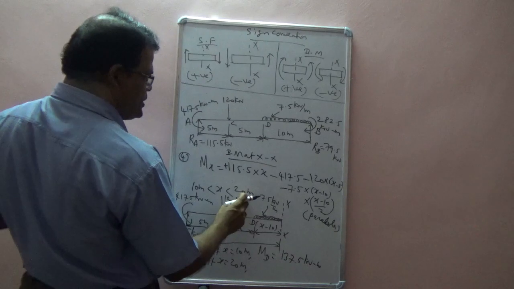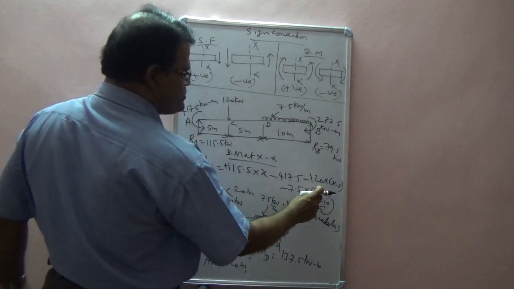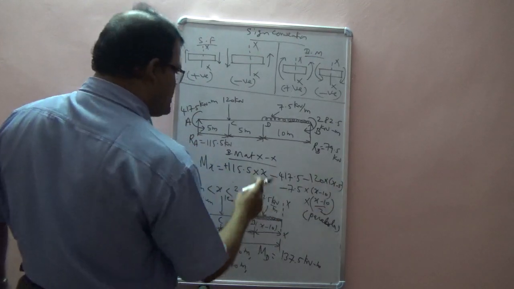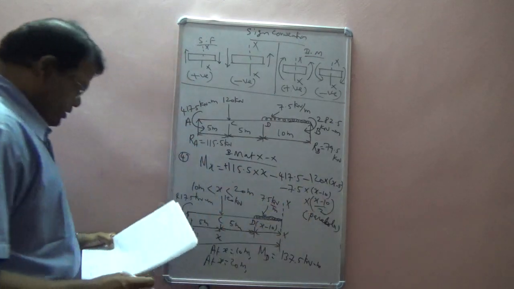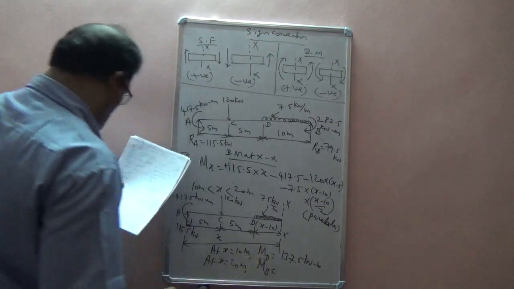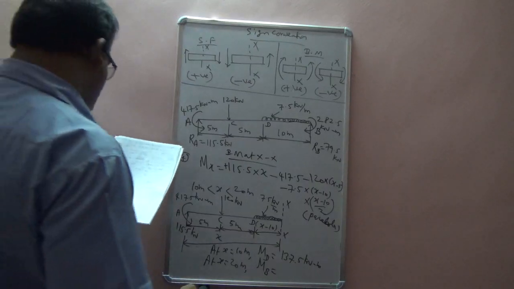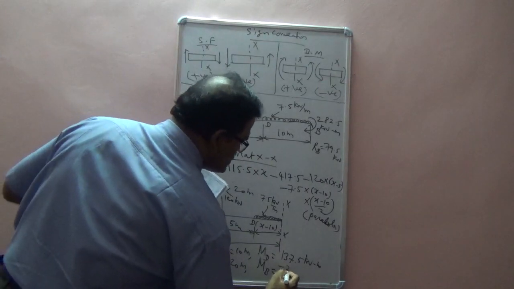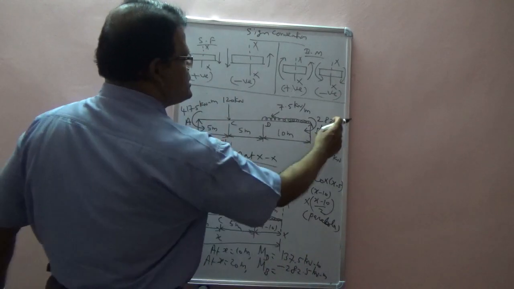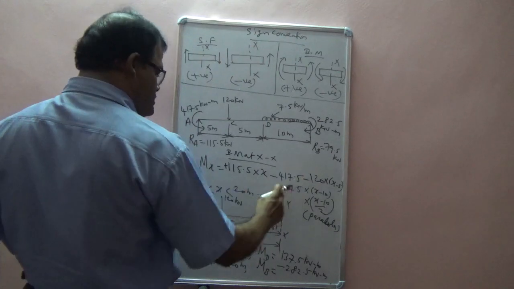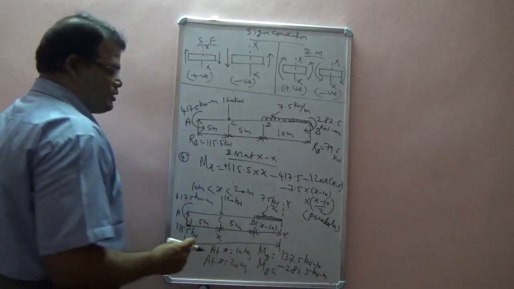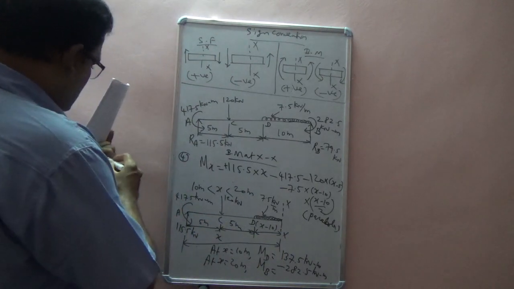Okay. Next, at x is equal to 20 meter. This is the next boundary condition. So 20 meter, this is x minus 10, and here it will be 15. So if you substitute 20 wherever there is x, you will get the bending moment at B will be equal to minus 282.5 kilonewton meter. So that is this value. If you substitute in this equation x is equal to 20, you will get this answer, kilonewton meter. So therefore our calculation is correct.